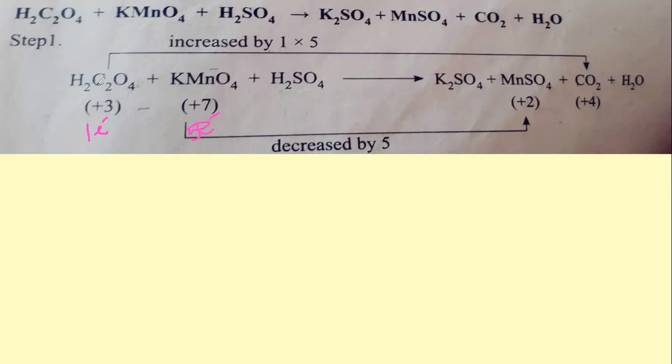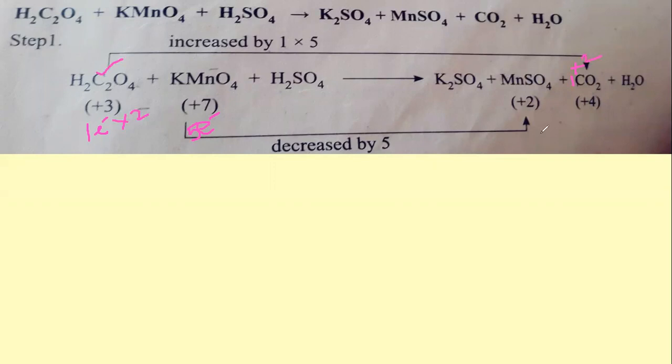So now we check for this carbon. Here carbon only increased by 1 because it is an oxidation reaction. So now 1 electron. Here you see only in the reactant side 2 carbon are there, whereas in the product side only 1 carbon. So what we have to do is multiply this product carbon with 2. That only I am going to do here. See here, I am going to multiply it with 2 because here 2, whereas here only 1.